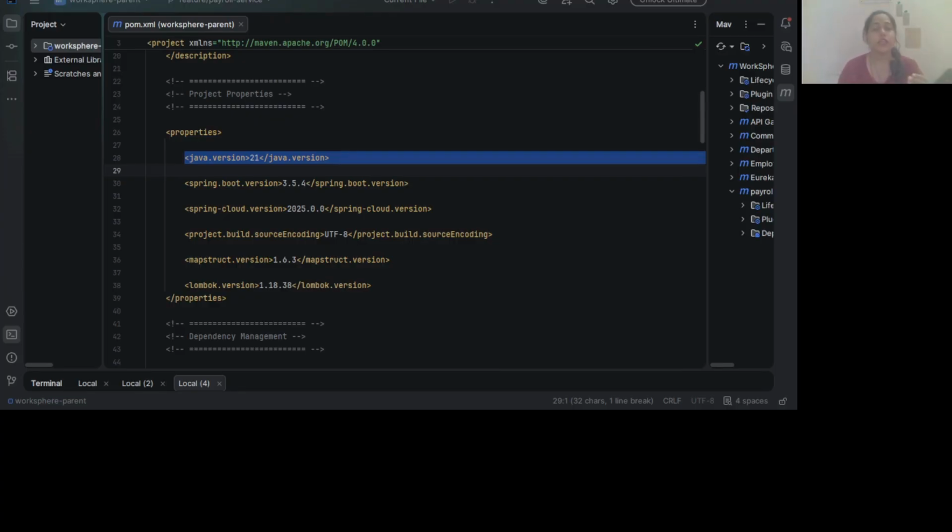Later on, we will explore Kafka for asynchronous communication, Resilience4J for fault tolerance, Spring Security with JWT authentication, and AI tools to review the code and improve development productivity. More importantly, we will discuss why each technology is used, not just how to configure it.